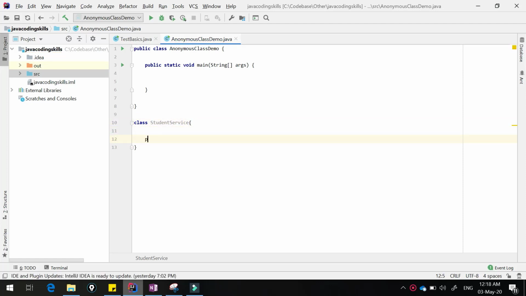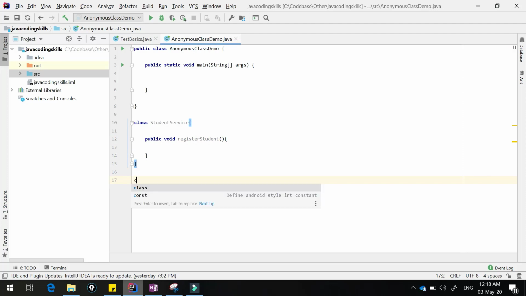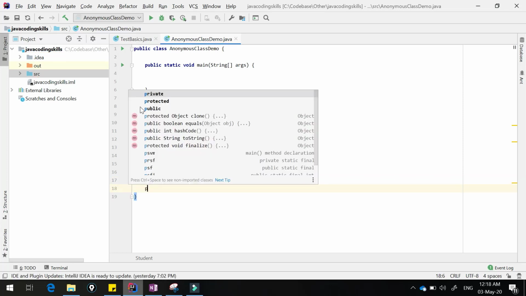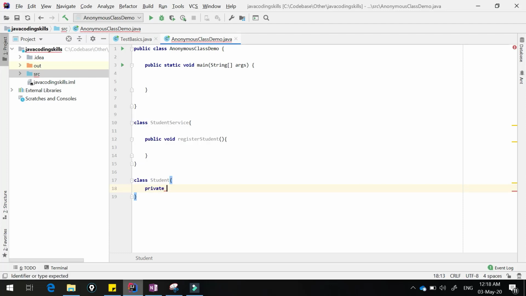Here we have public void registerStudent. For that we have to pass a student. Let us create a student object here, class Student. I'm not going to take many variables, let's say 2-3 members, just for demonstration purposes.